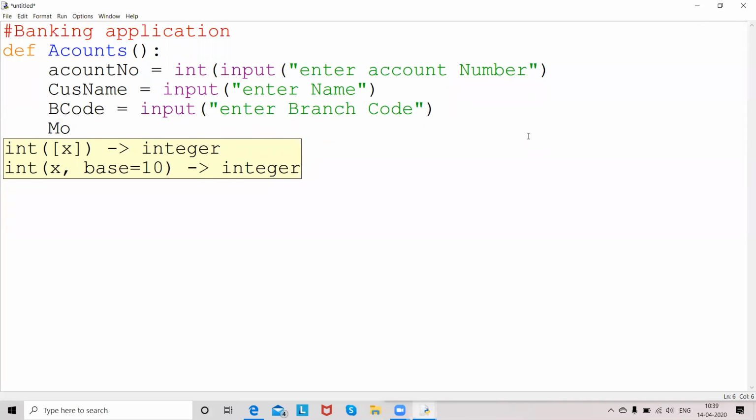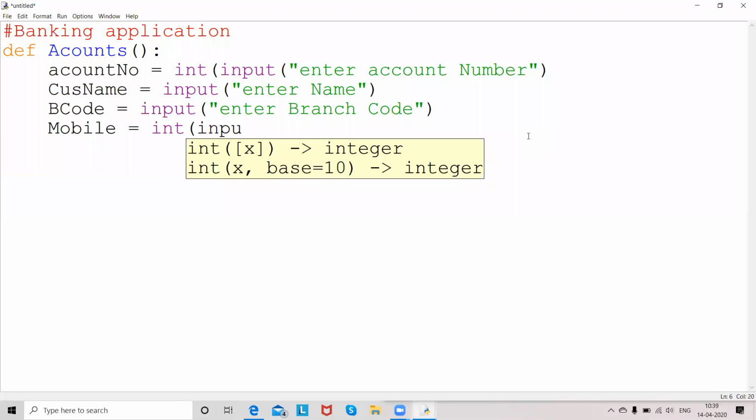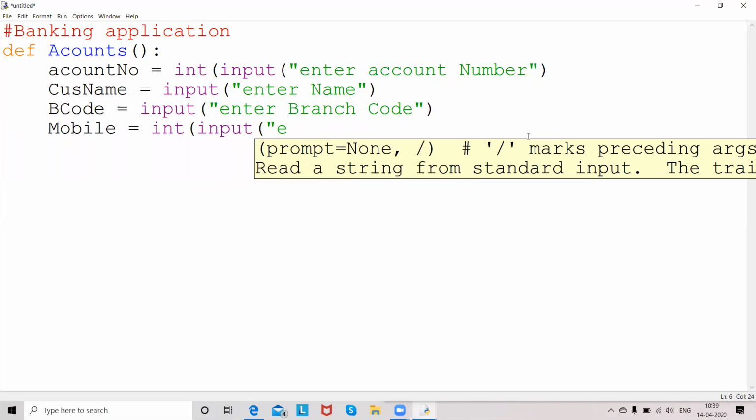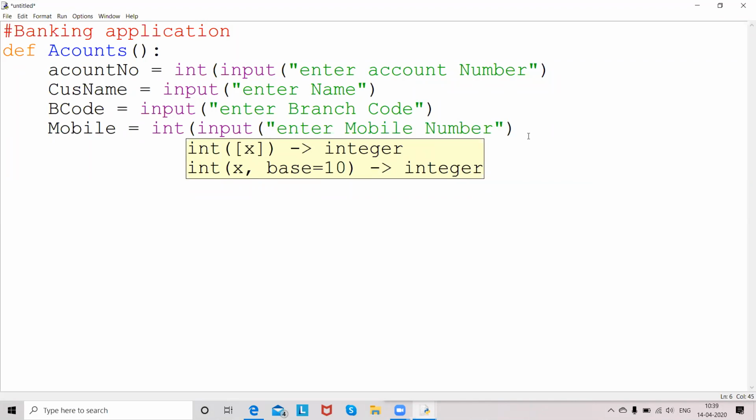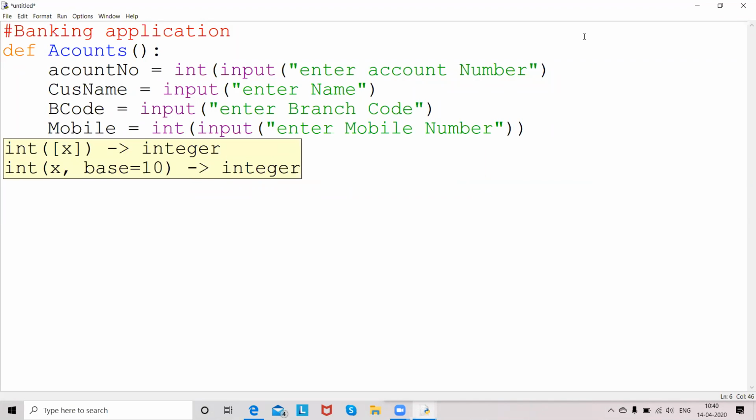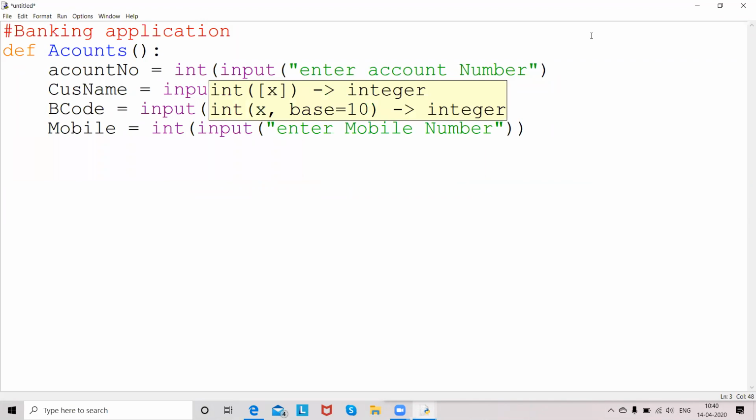Then followed by mobile. Okay, so after accepting these inputs, I just want one more bracket, yeah, even in the first line also.